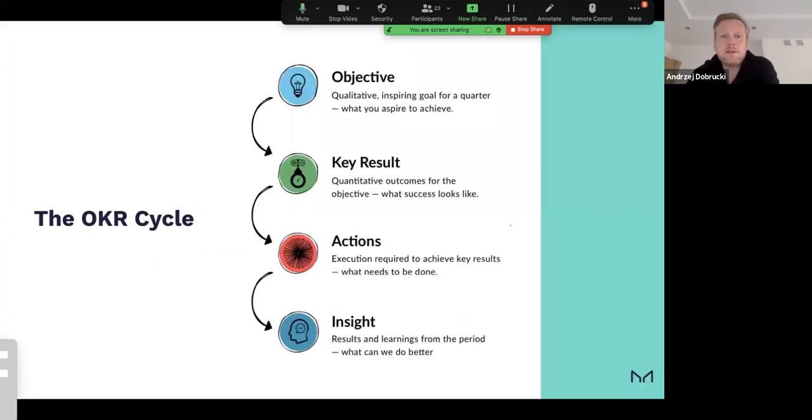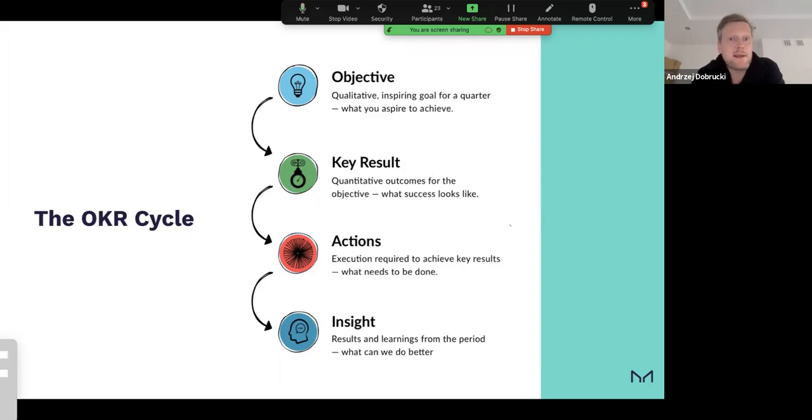So the cycle for OKRs is quite similar to, maybe you have heard of, the PDCA cycle. And that's again something that was invented by no one else but a guy called Deming, who was advising Japanese companies, amongst other things, on how to track their progress and getting there, including Toyota, the company where, for example, Agile was born. So the guy was spending years in Japan, and among other really useful things, he created something called the Plan,